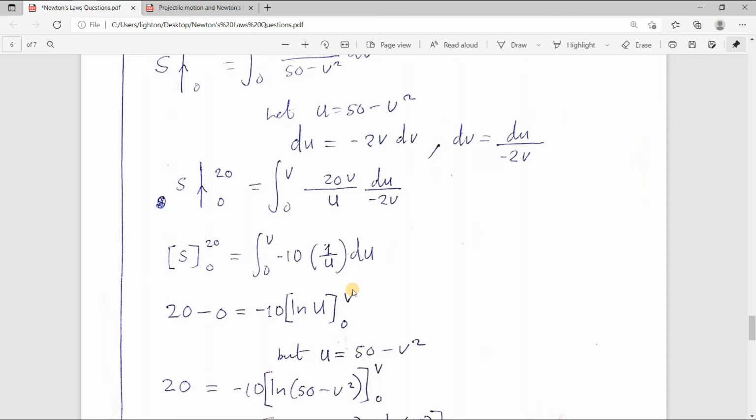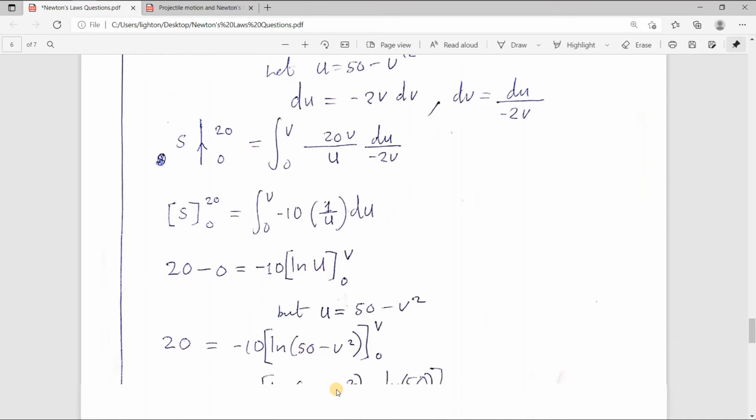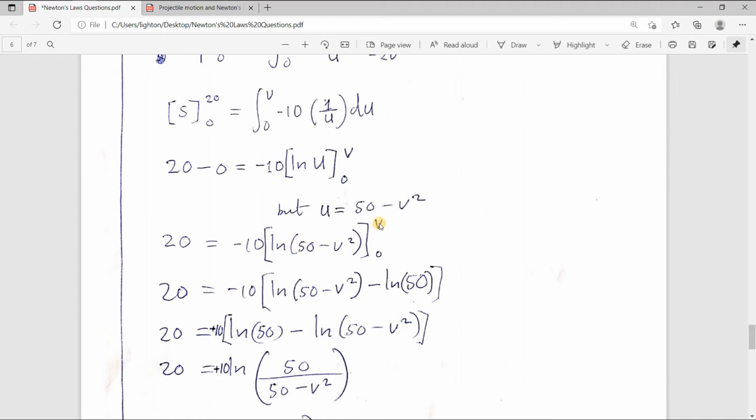Then you will substitute in this value for v and the 0 in there. Okay, but here we've been given that u is equal to 50 minus v squared. So after getting to this point, you substitute for u back and you get that, with the limits as they are. So substituting for v, you're getting this expression, of course. I know there's v here and there's v here, but we're still getting the same thing there. Minus ln 50. So substituting for 0 in here, this part will just be 0 and we'll remain with ln 50. And the left side is, of course, 20 is equal to,